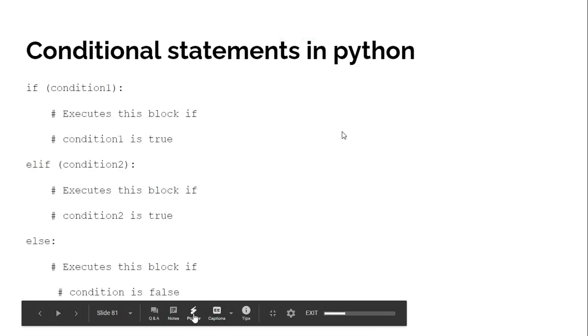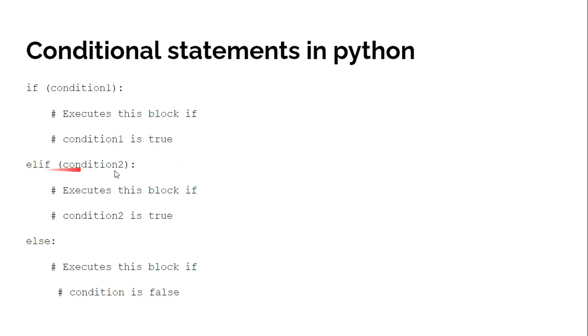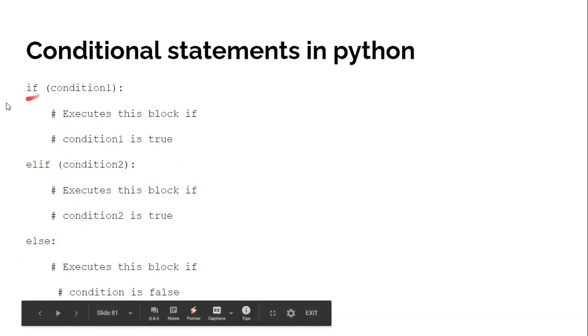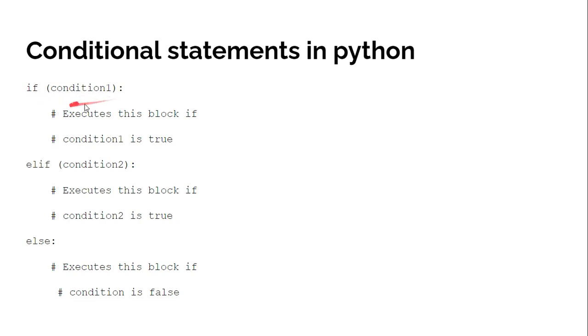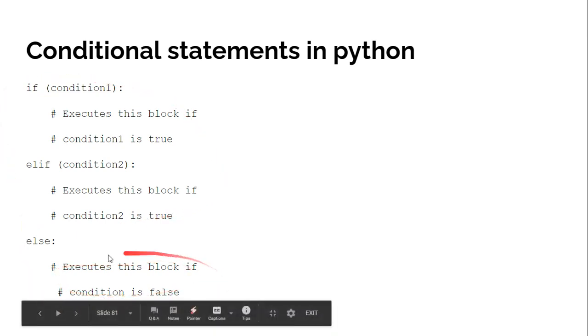So how can we work with this type of case? We will use an if elif else block. It is similar to what I have already taught you. First you write if, then condition 1, then the block of if, then you write elif, then condition 2, then the block that you want to execute, and then else. If these two conditions are not true, then the else block will be evaluated.